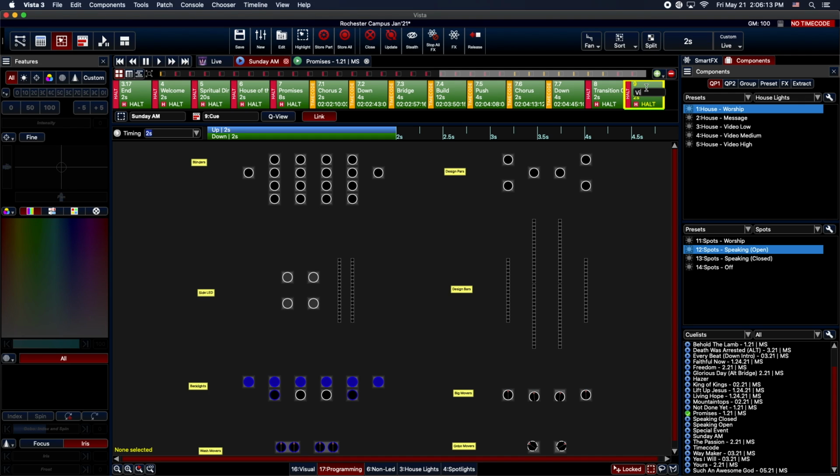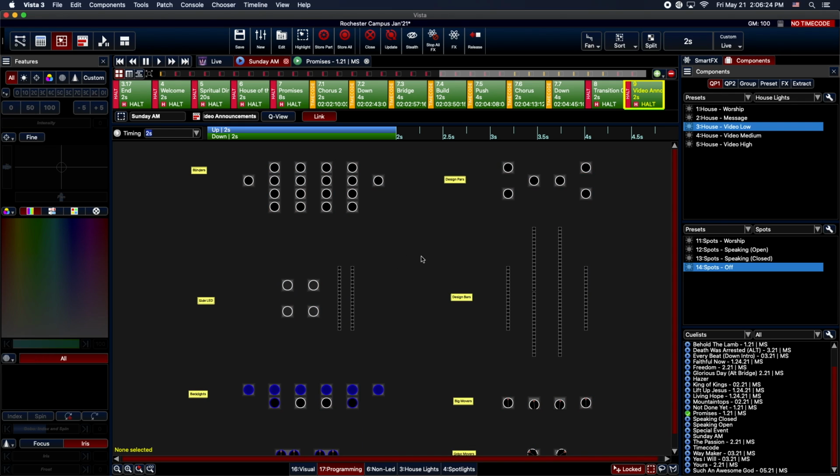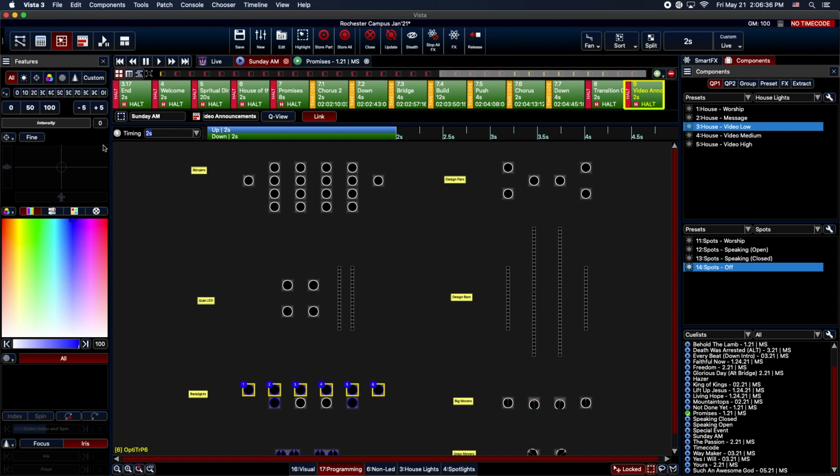Nine is video announcements. And so we'll go to a video setting on the house lights for that. We'll turn the spots off, and we're going to make the stage black for video announcements. One thing I have started doing that I feel like is helpful is, during a video, rather than everything being completely dark in the room, I'll take these back lights here. I'll set them to a really deep blue, as blue as I can get,